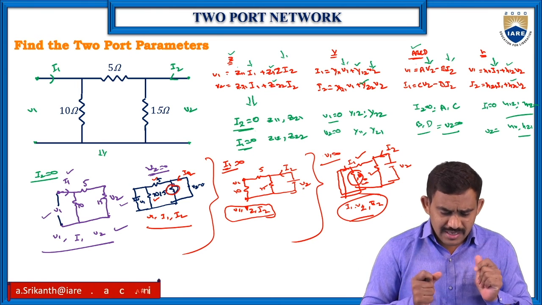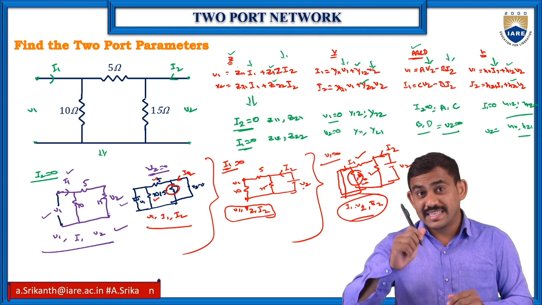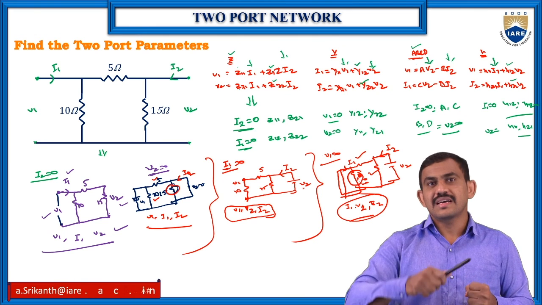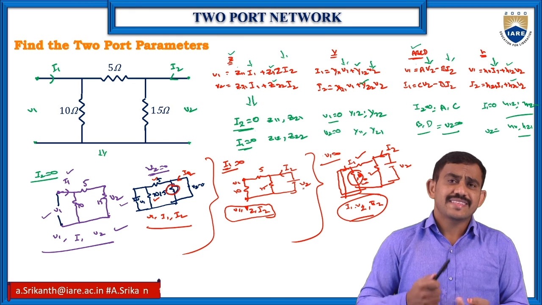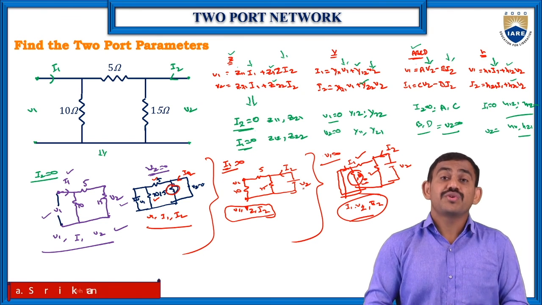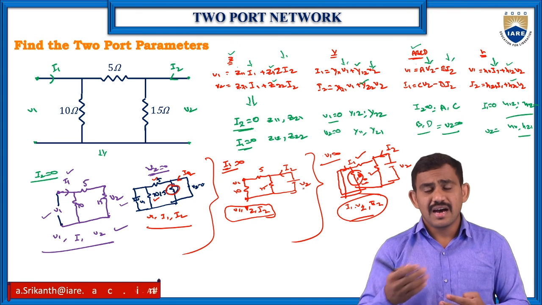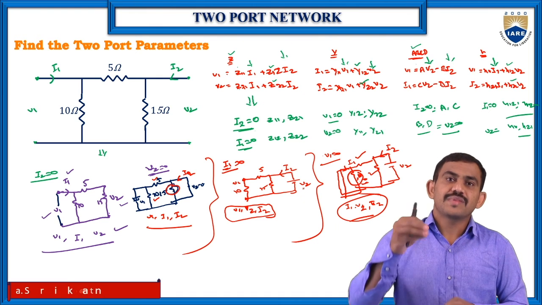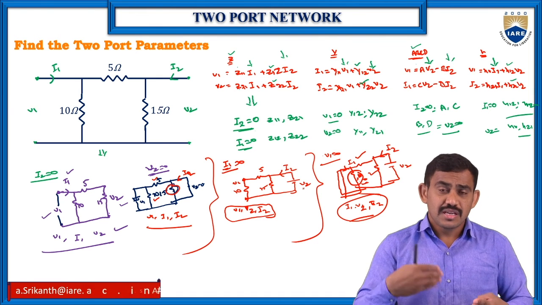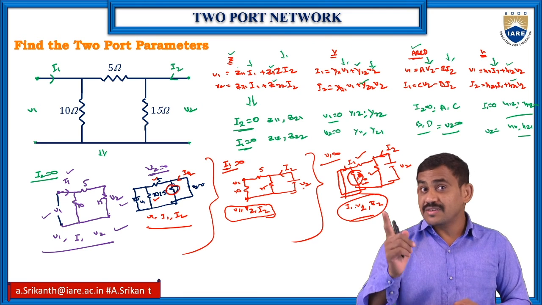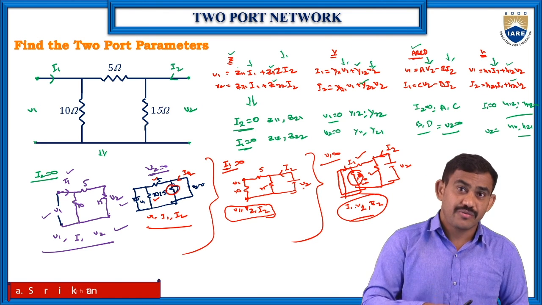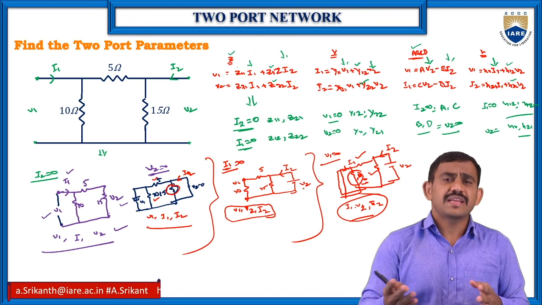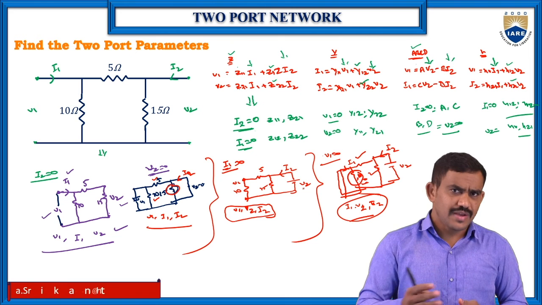Okay guys, in conclusion, here we have a pi network. For a T network, we need to go for mesh analysis and write the equations. From the two equations, we will get the remaining Z parameters, Y parameters, ABCD parameters and H parameters. Same thing, if you know the conditions, you will get the answers. For this pi network, I need to go for nodal analysis and write the two equations. If you compare them with the Y parameters (T network is Z parameters, pi network is Y parameters), you will get the Y parameter values directly, and from those equations the remaining parameter values also.